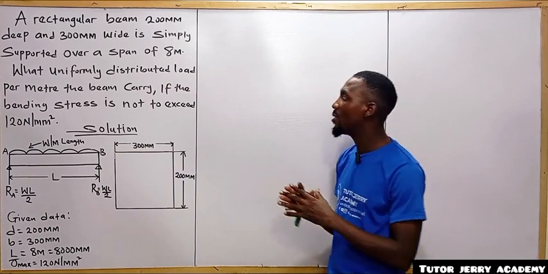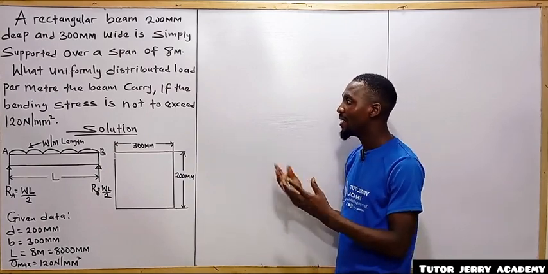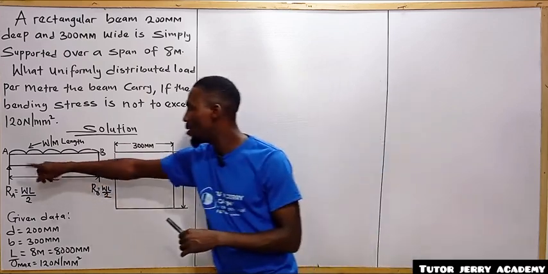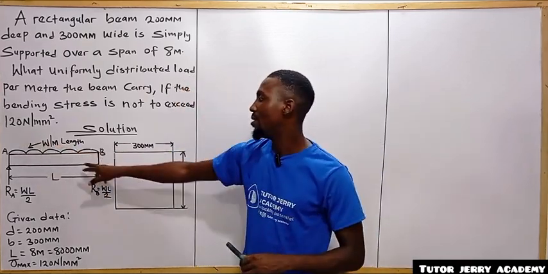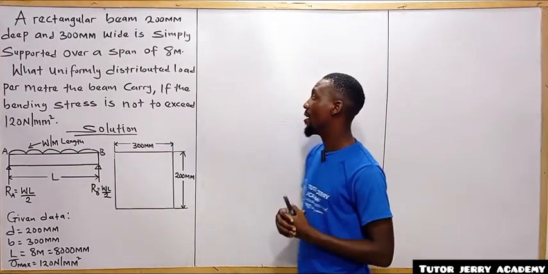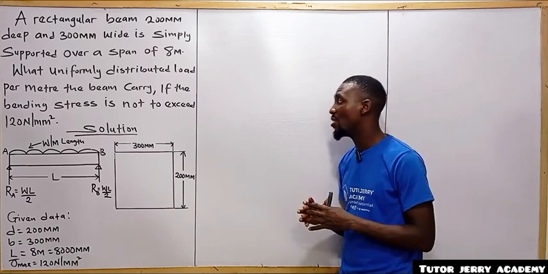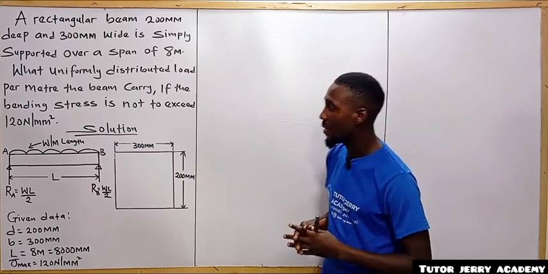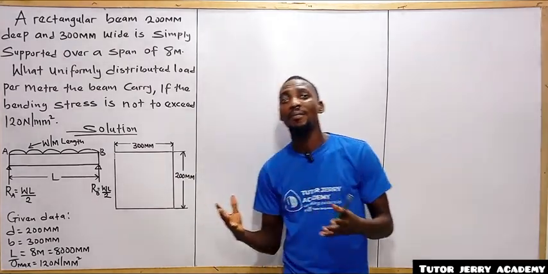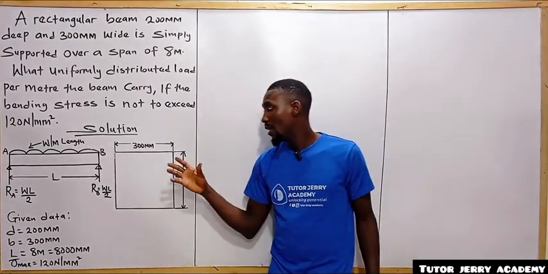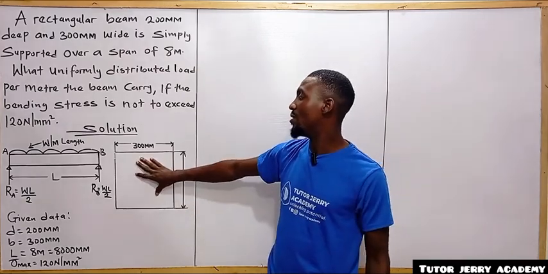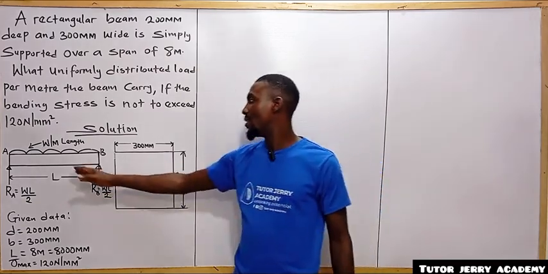So they ask what uniform distributed load per meter the beam carries. That is the uniform distributed load that this beam will carry, if the bending stress is not to exceed 120 Newton per mm square. So the first thing is to draw this rectangular beam, while the next thing you are going to